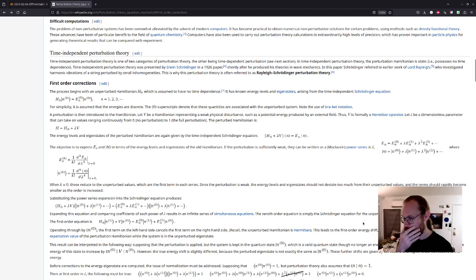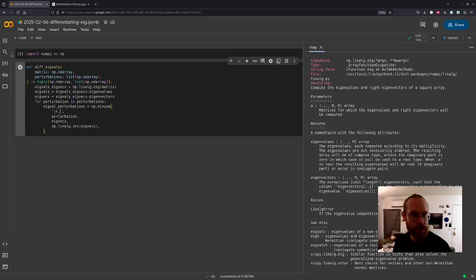And I think that just means, what does that mean? It means one of the indices is going to be repeated for the eigenvector.